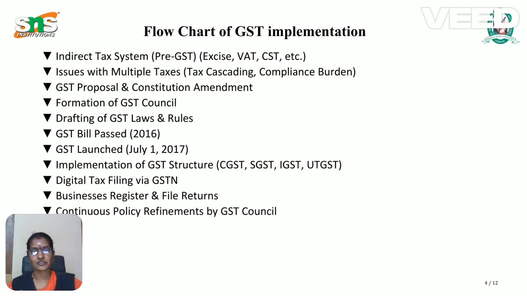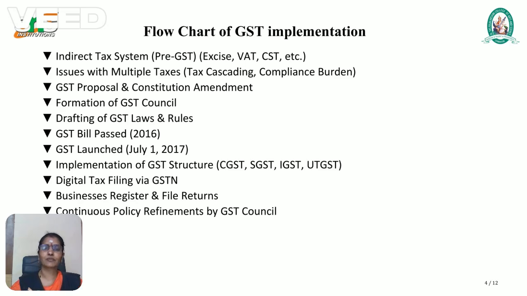Before we introduced the GST, manufacturers or business entities followed an indirect tax system, paying excise duty, VAT, CST, that is central sales tax, and service tax, everything, at each and every stage, multi-stage taxes. On the basis of this tax system, automatically there were some issues or problems faced by the consumer, that is, multiple taxes being paid. Based on that, to eradicate those issues,